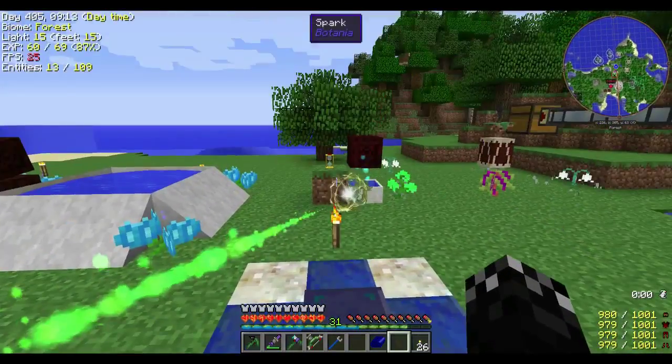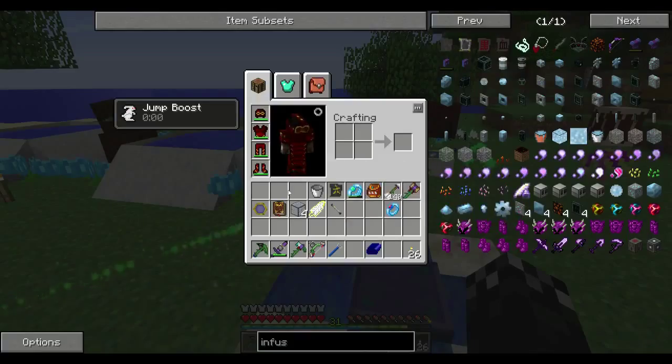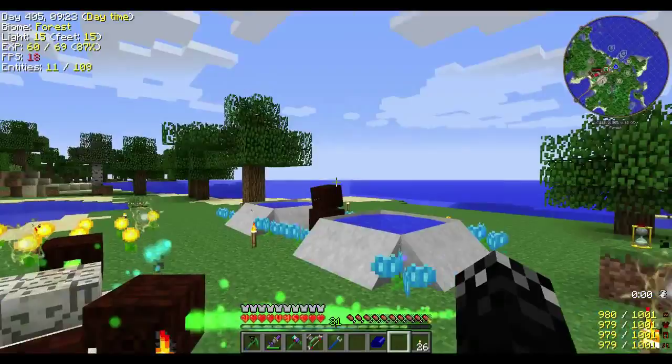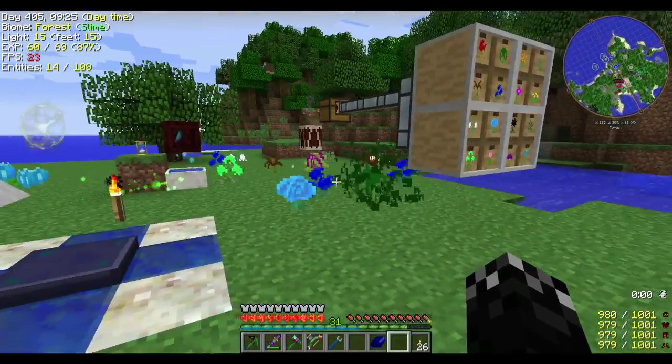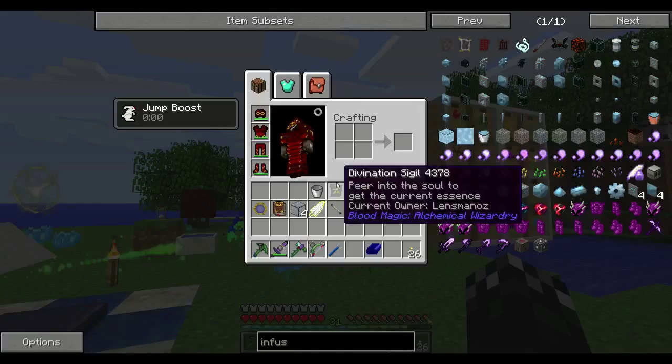and put one on top of the terrestrial agglomeration plate. So I made up four manasteel, and I actually made some manasteel seeds. And you can see what's happening over here. This is making our flowers for the...